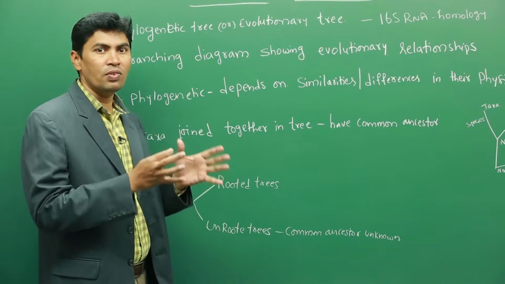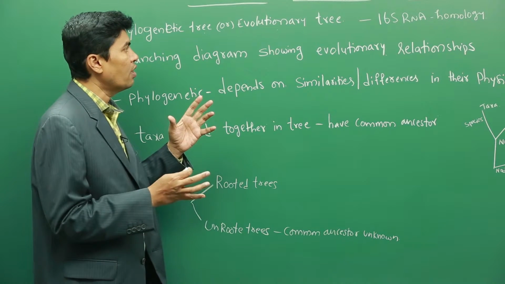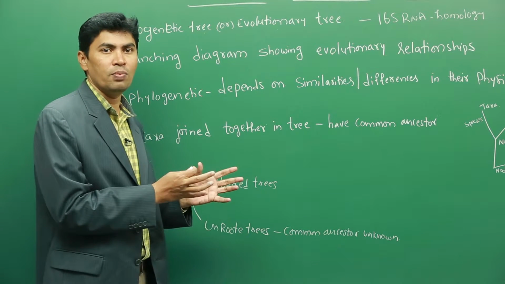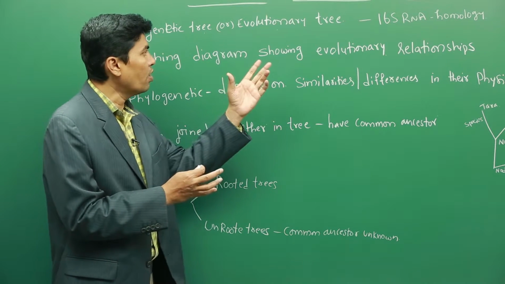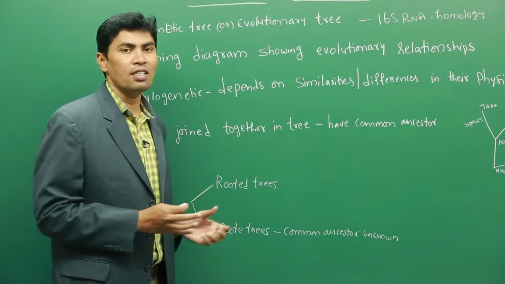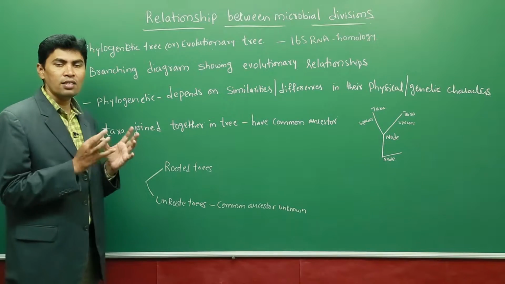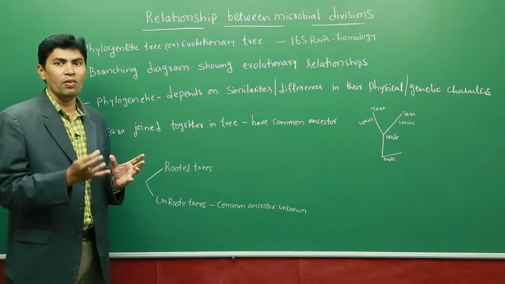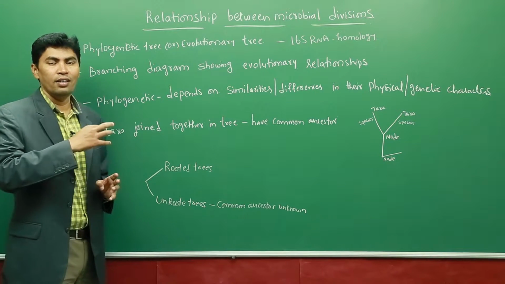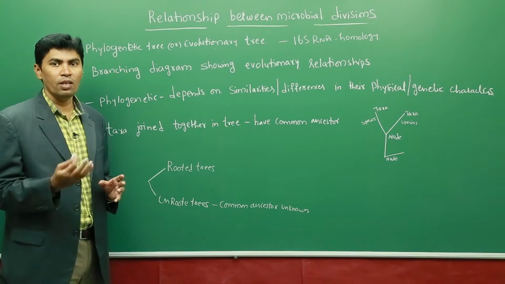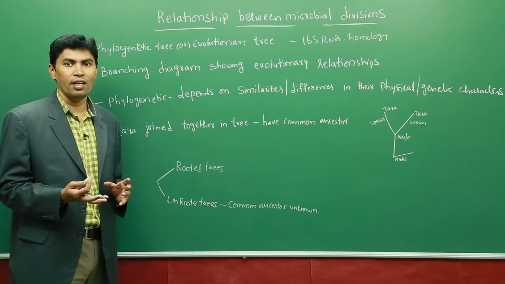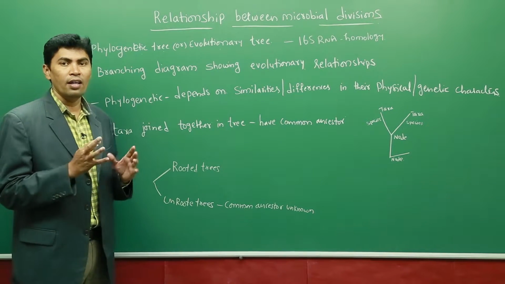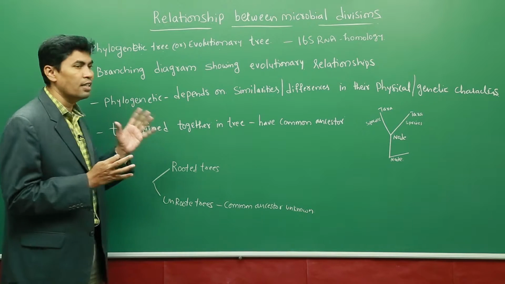What is the extent of similarity between one species and the other species when taken into consideration of the 16S RNA? The similarity and dissimilarity between one species and the other species can be known. The percentage or the extent of similarity and dissimilarity can be known, and that is how these phylogenetic trees are